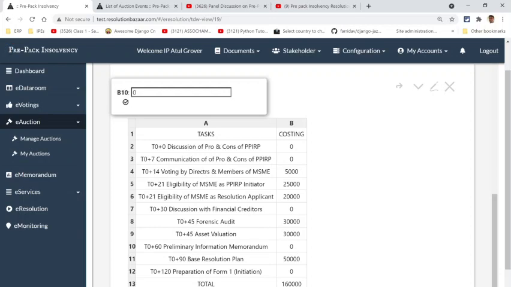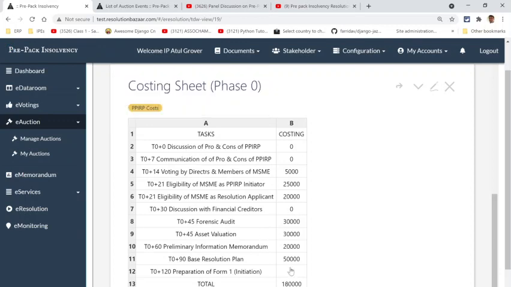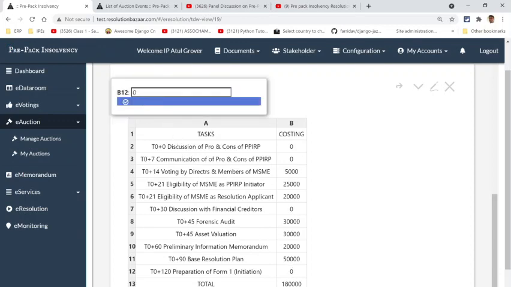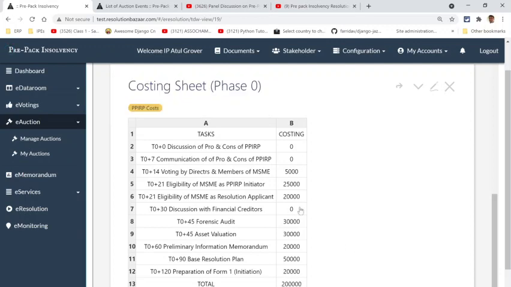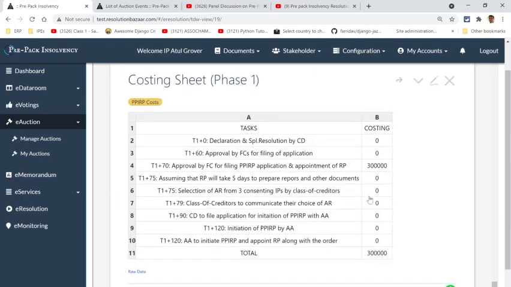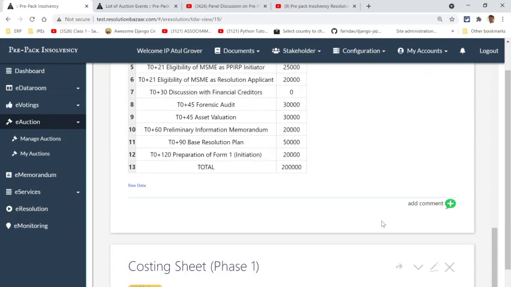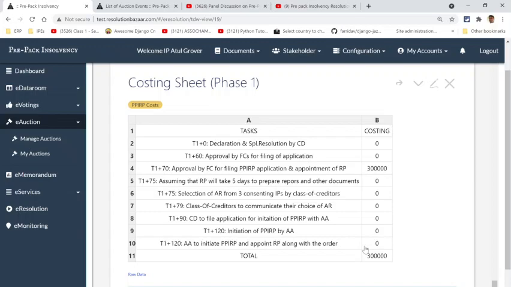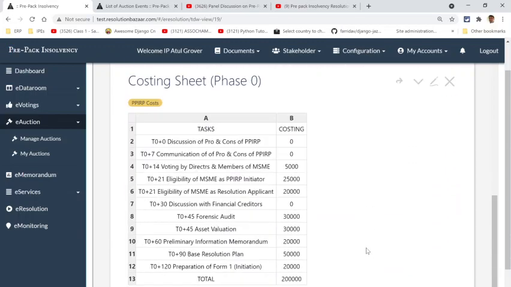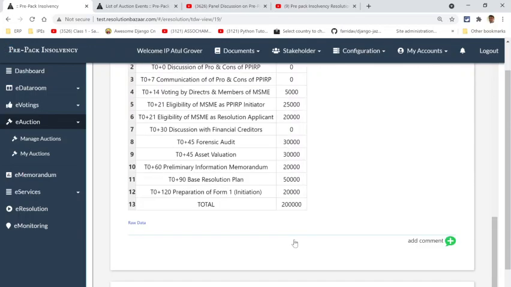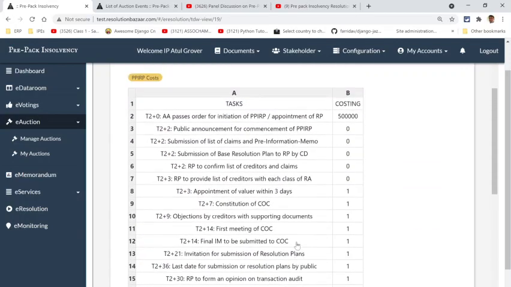So we're just going to throw in some more figures here, just to make sure that we have some reasonable-looking preparation of the information memorandum. Let's assume that you go to a lawyer and you give him some money. So we see that this phase is not going to cost you less than 2 lakh rupees. In this phase you're going to put in 3 lakh rupees, and we're going to more or less spend this entire money here. So by the time you reach your phase 3, you would already have spent a minimum of 5 lakh rupees.